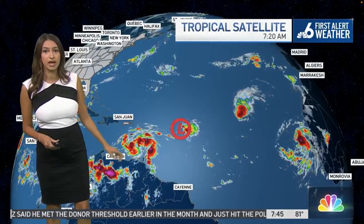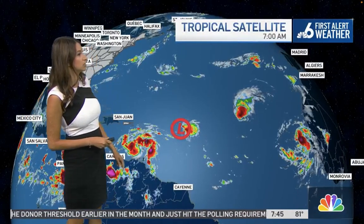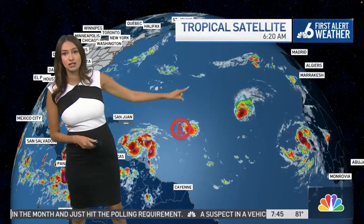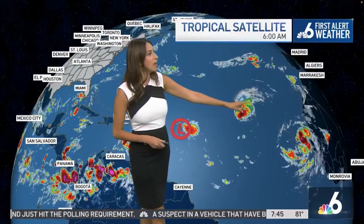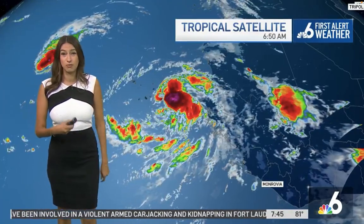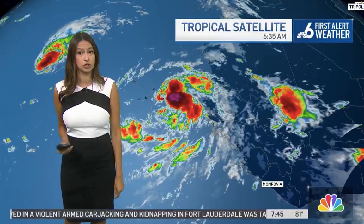But for us back home, we have our own tropical moisture to get through. We have several areas that we're watching. You can see this location. We have Tropical Depression 6. We have this area that we're watching. But the two that I'm most concerned about just with development would be this one. This one looks like all of this cluster of storm action that's headed into areas of the open waters might become something a little bit stronger way down the road, not impacting South Florida,